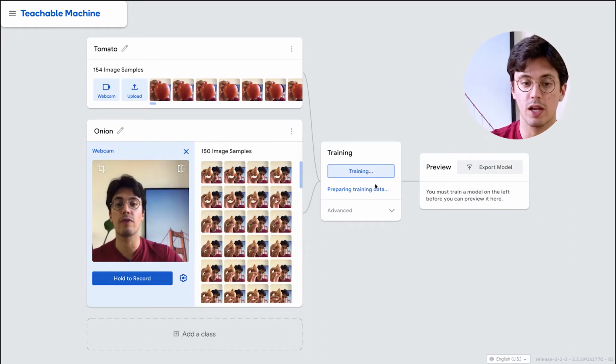Okay. Now I'm gonna click on Train Model. What's happening behind the scenes is that this algorithm, it's a deep learning algorithm actually, which is a subset of machine learning that is very powerful. Because if you remember, in the house example, we had to tell the machine learning algorithm a bunch of different characteristics, like the size of the house, the construction year, etc. In this case, we didn't have to specify anything about this. We just gave it the data, so the pictures, and the algorithm is going to learn from it. And this is a kind of deep learning algorithm, but the same concept of machine learning applies.